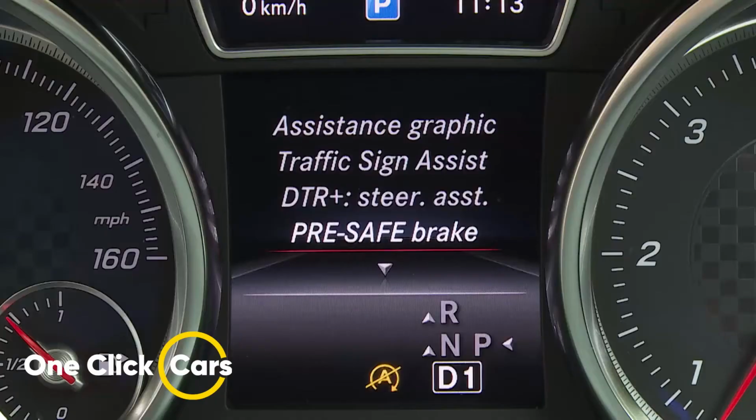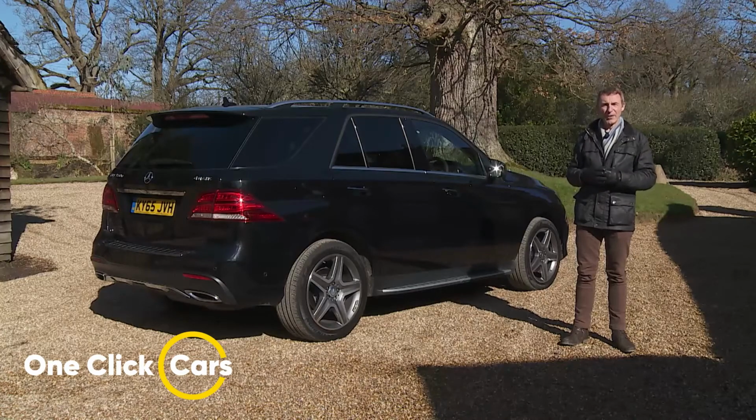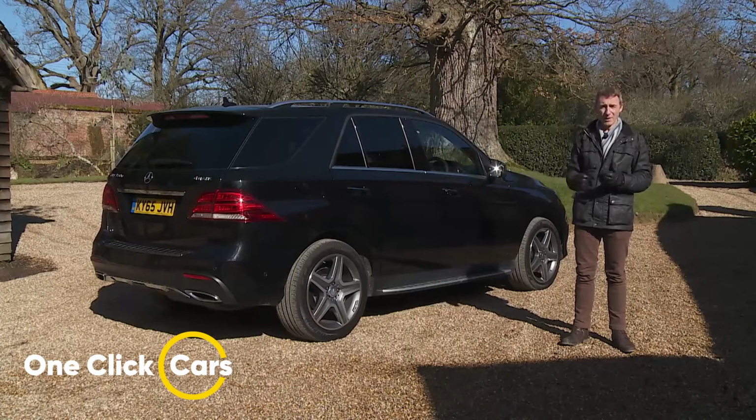Then there's pre-safe technology that braces the car for a crash by tensioning the seatbelts and closing the windows. Crosswind assist setup that detects and compensates for sudden gusts of wind at speed. Also collision prevention assist plus, which warns you if you're getting too close to the vehicle in front and will automatically reduce speed and brake if you don't respond. And